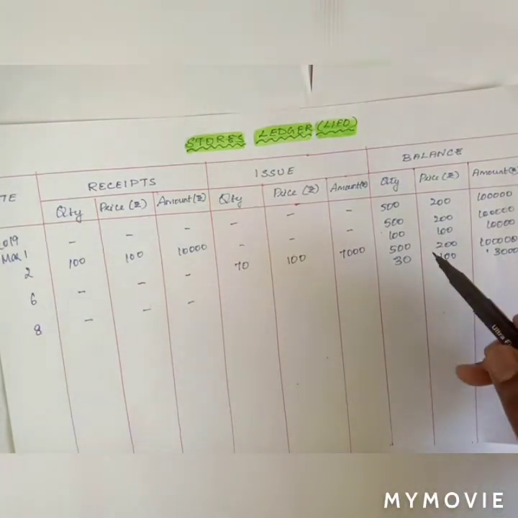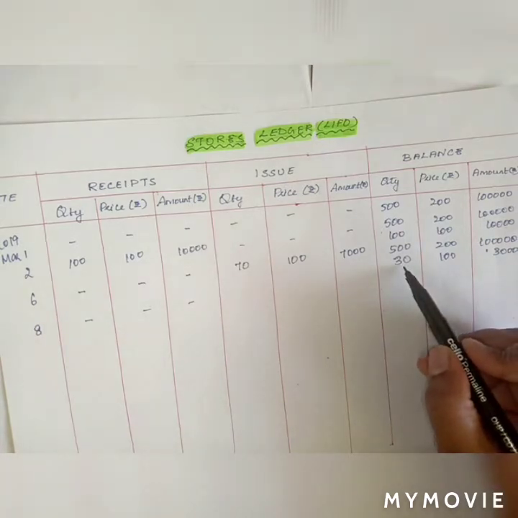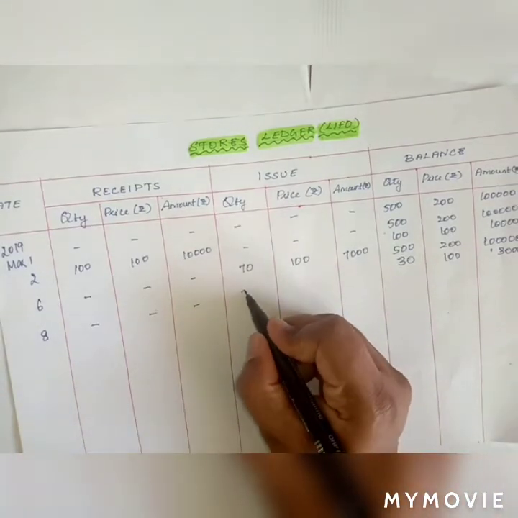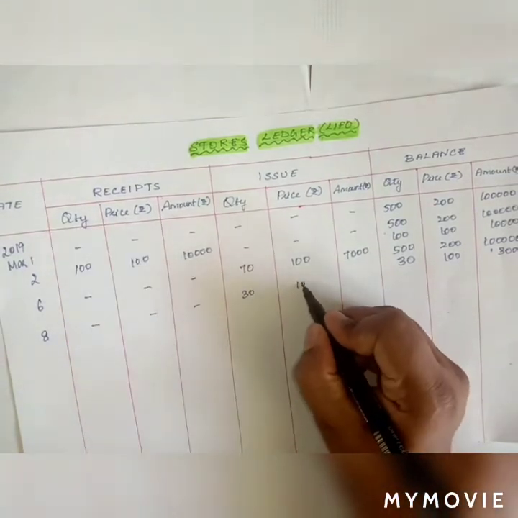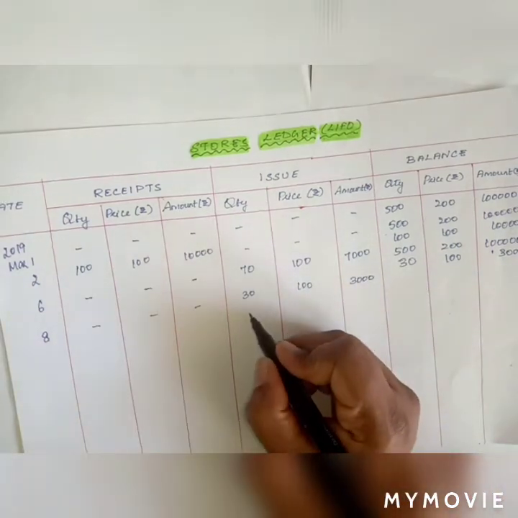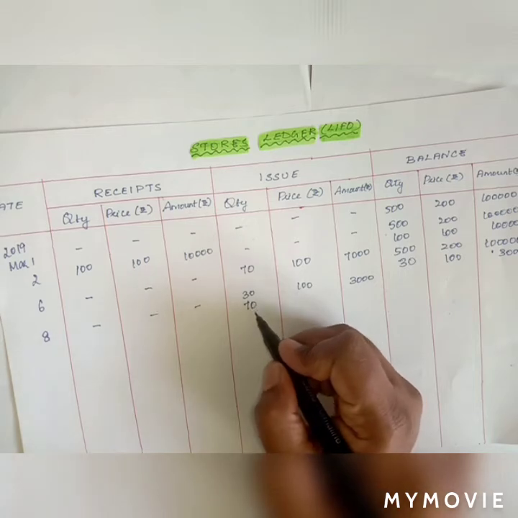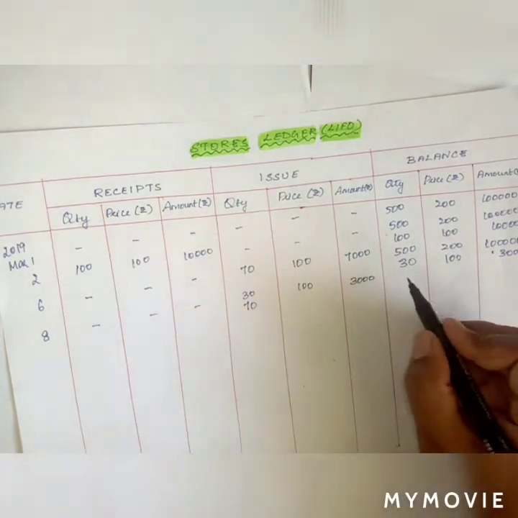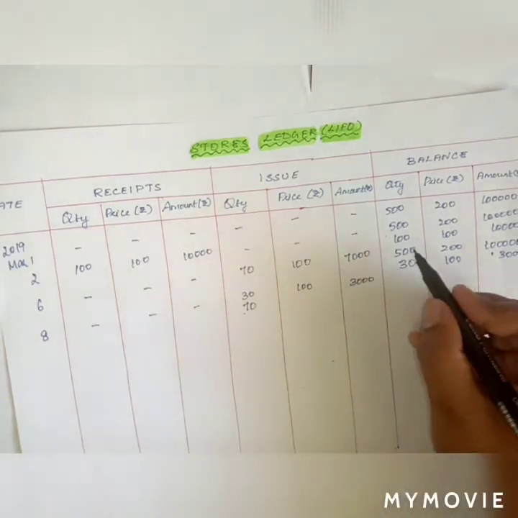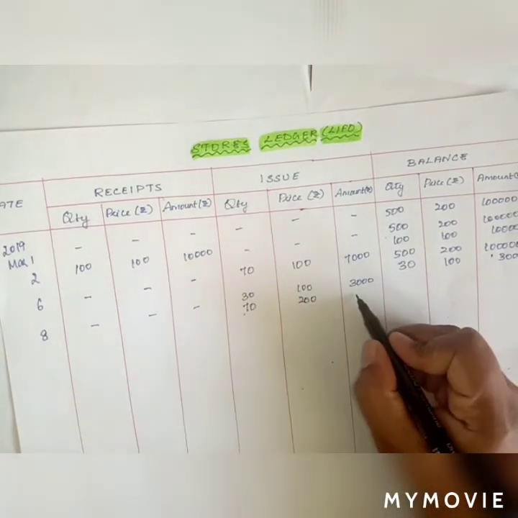So now coming back to the answer, you can see you don't have 100 tons of the latest material which you have received. You have only 30 units. So use that 30 units here. 30 units will be issued at 100 rupees rate and the balance of 70 tons. You have to issue totally 100 units, right? So 30 tons will be issued out of this stock and 70 tons will be issued out of this set of stock at 200 rupees each.